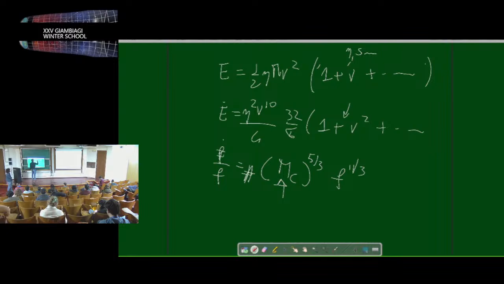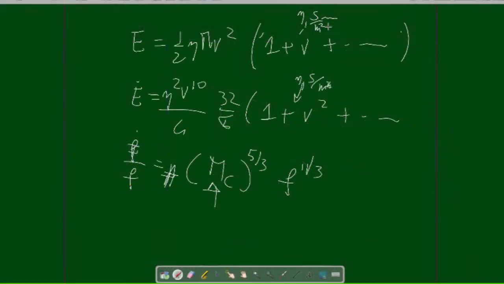Again, the symmetric mass ratio is dimensionless, so it can enter the coefficient as it is. The spin has dimension, so what enters is spin divided by m to the second. All of these parameters give kind of corrections to the shape of the waveform, whose main parameter is m chirp,